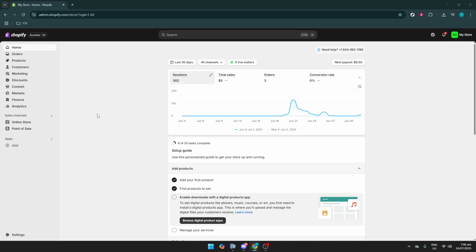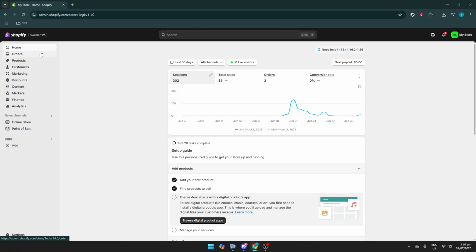The first thing you want to do is open up your web browser and head over to the Shopify admin page. You want to ensure you're logged into your account to access your store. Once you're in, I'd locate and click on the My Store option from the homepage. This will direct you to a central hub where you can manage all aspects of your online store, from inventory to customer data. Ensure that your internet connection is stable, as this will help prevent any hiccups while navigating through